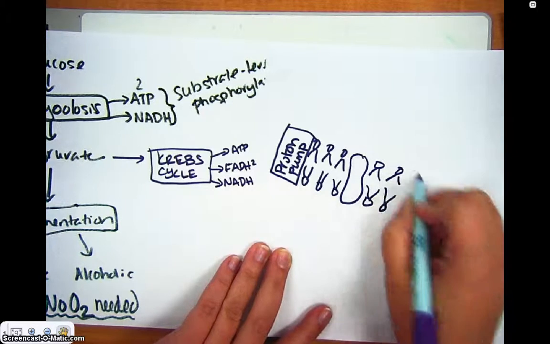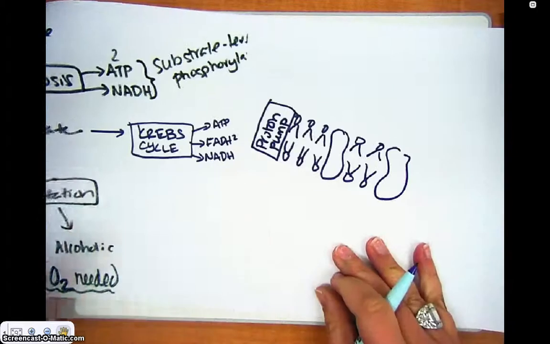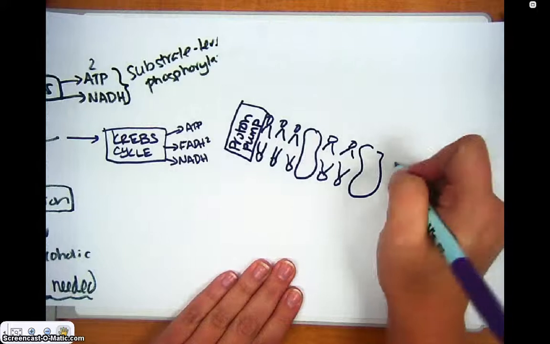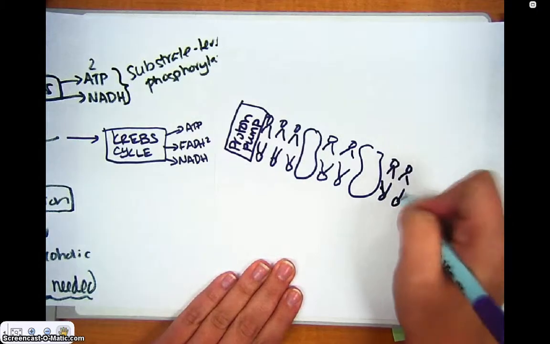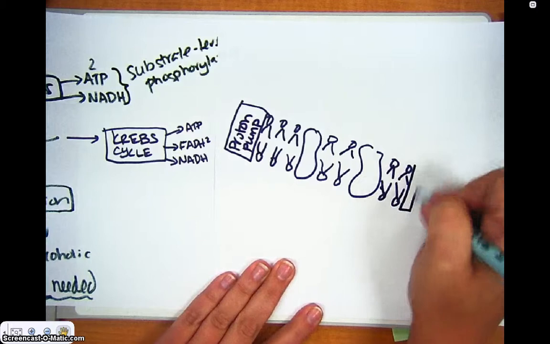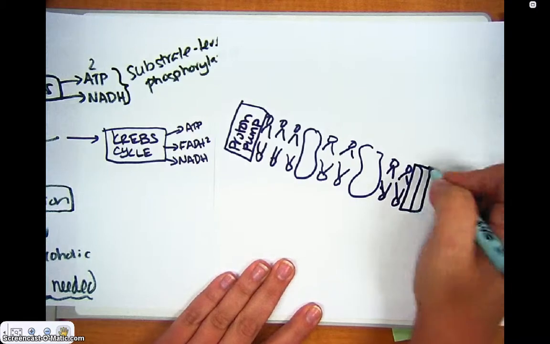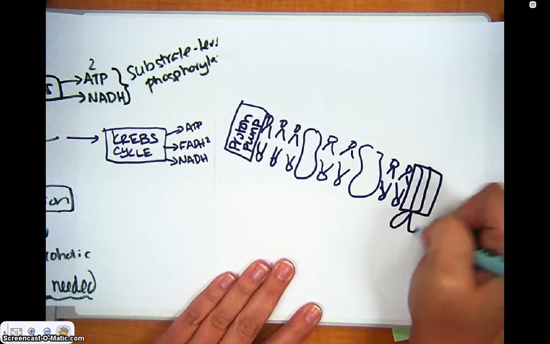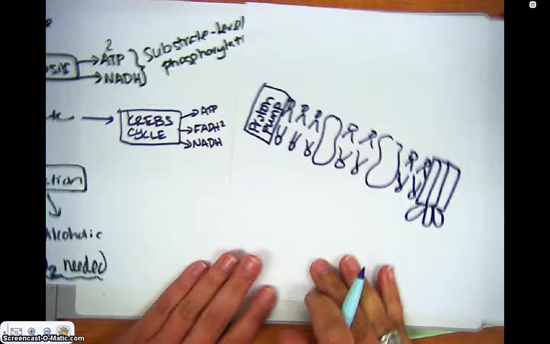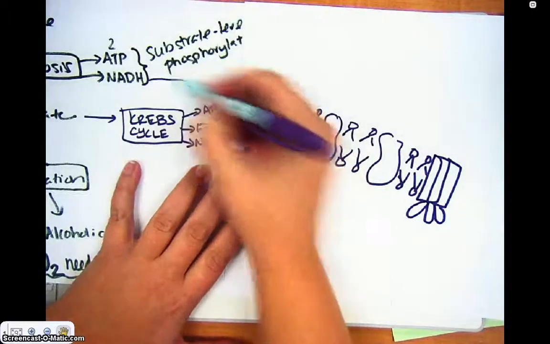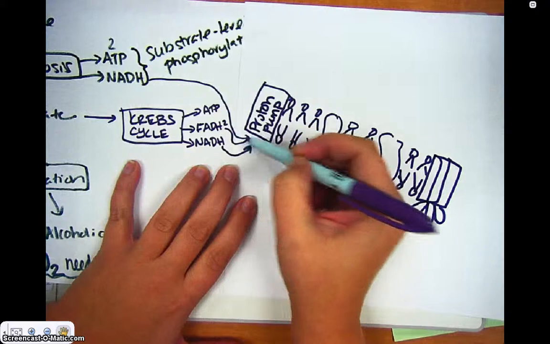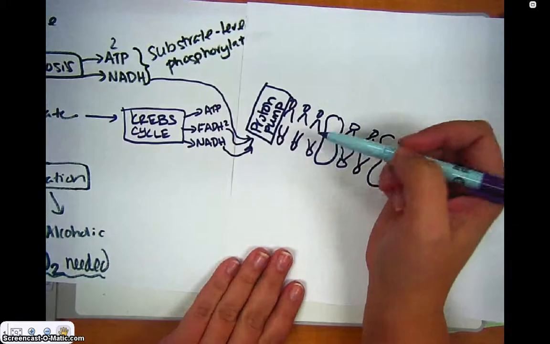So let me just kind of draw this. And then we have this big enzyme. It's usually drawn like this. Okay? So, along come the FADH here, and the NADHs come over here, and what ends up happening is the